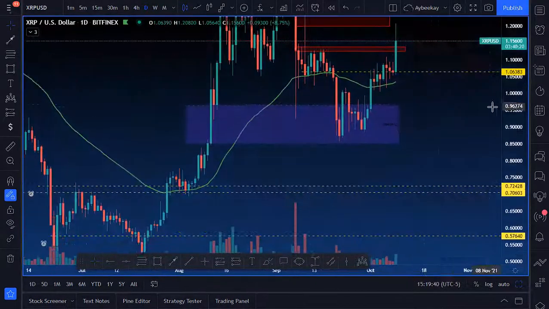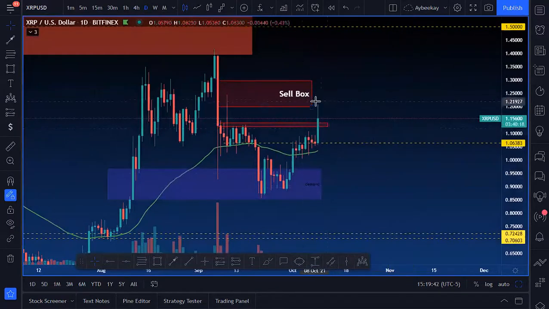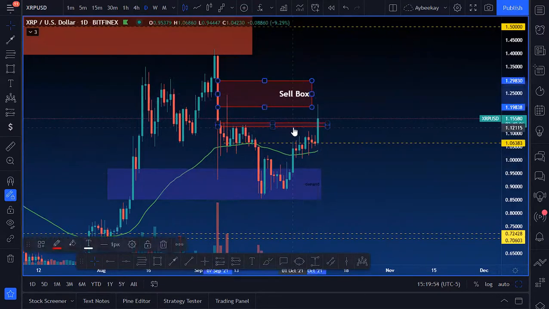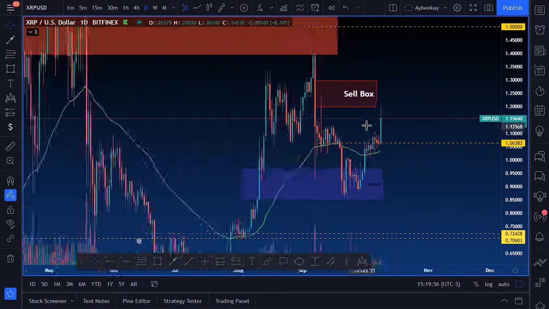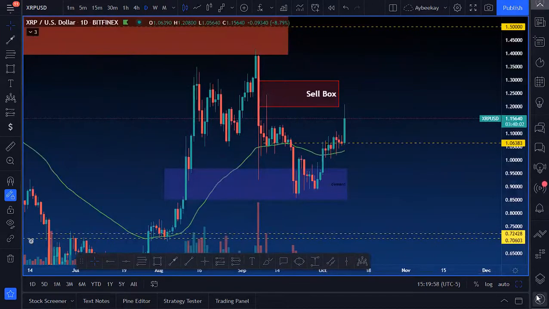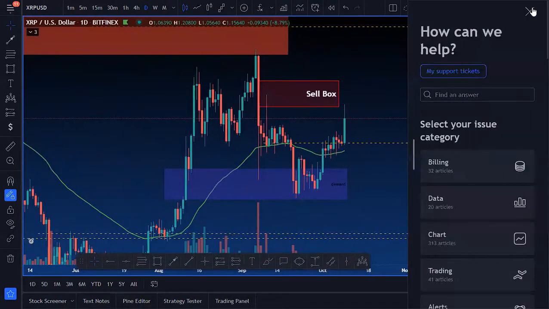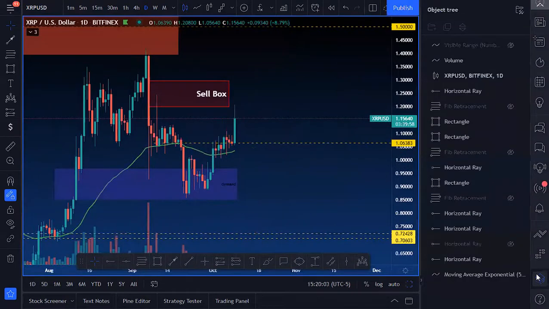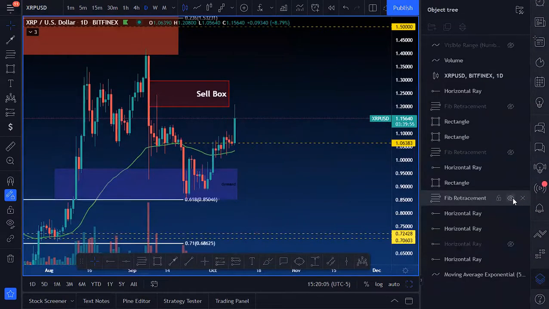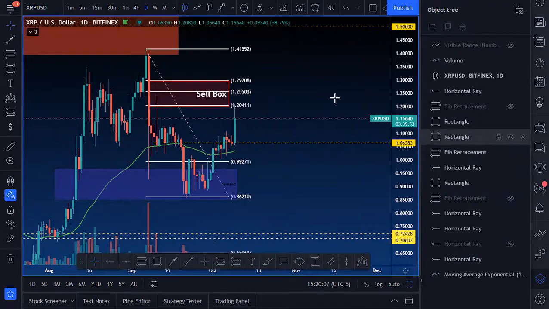Bounced off of that demand zone. That's nice. Hit that sell box and left a wick right there. Again, those are signs that I do not like to see, because previously it did something very similar where it took off and then it came right back down, came back into the sell box. I had drawn it there for a reason, because I'm like, yo, this is probably where price is going to end up coming to. And so it hit that 61.8, but I would want to see 1.25500 to get hit.